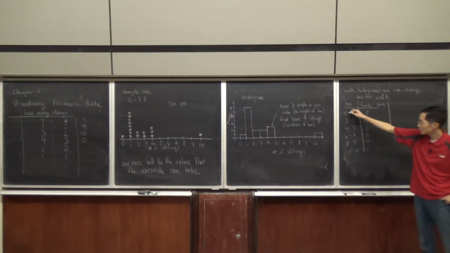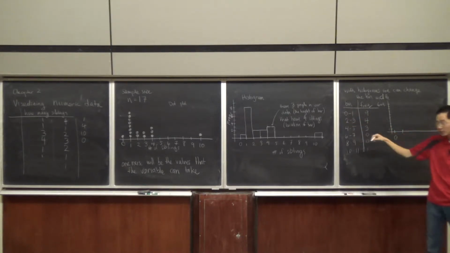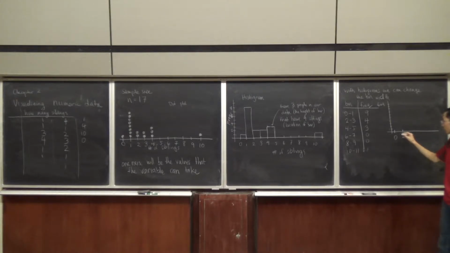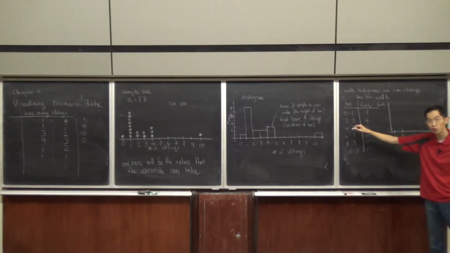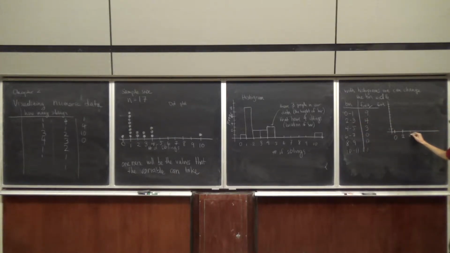Now it started at 0, and convention goes, you would just do the left bin. Okay, so I would go from 0, and then the next bin begins at 2. The next bin begins at 4, and so my axis would look like this. And this first one would go up to 9. This one would go up to 4. This one goes up to 3. And then we have